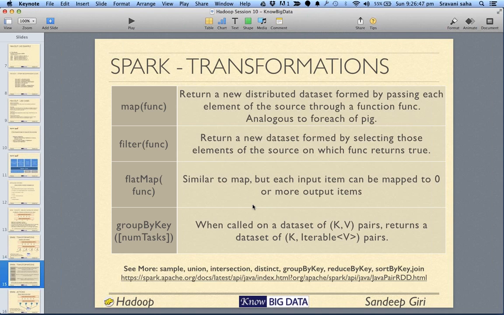The map, the first one, not only converts one value into another, you can also convert one value into a key value. If you put round brackets around a value and say a comma b, you generate a as the key and b as the value. Group by basically groups the data by key. But for that, first you have to do a map and generate key value.